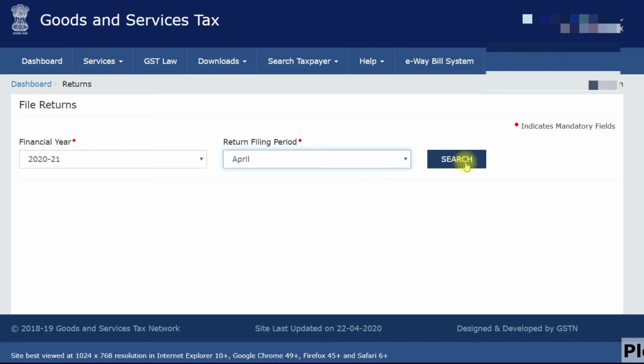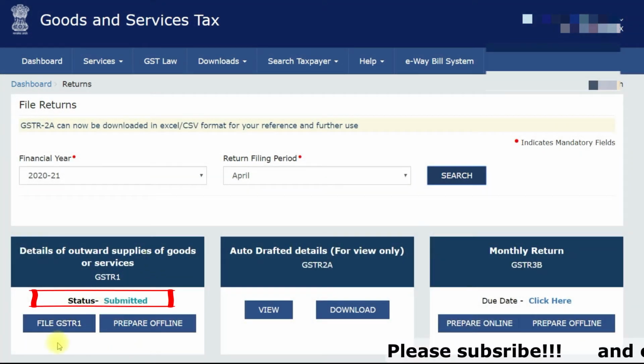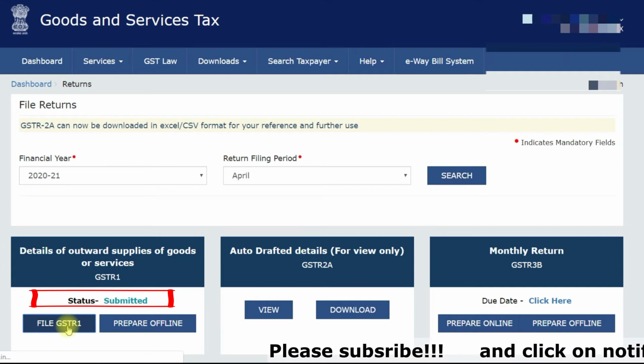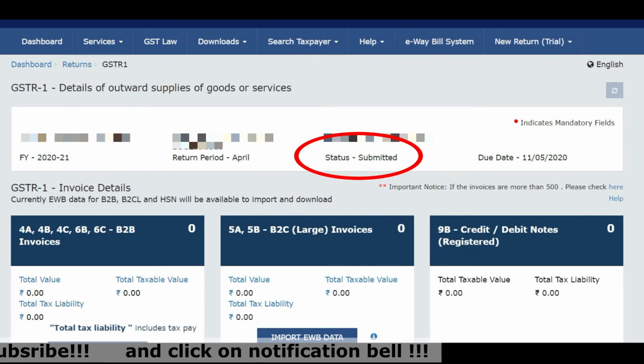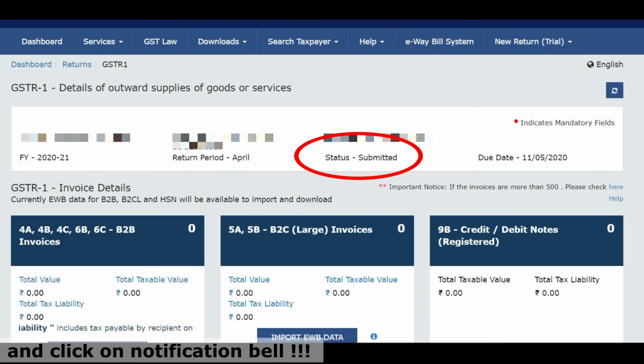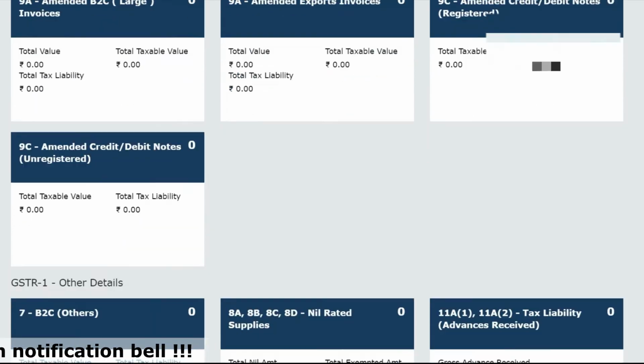Now it will show you the process. It will take time. So we need to come out again. You can check that it is submitted. You can scroll down again. The file status shows that this is submitted.